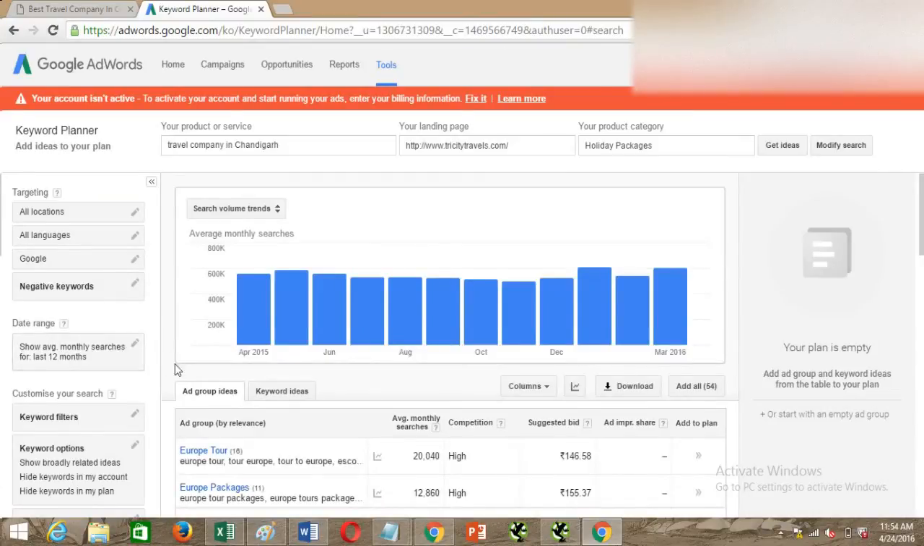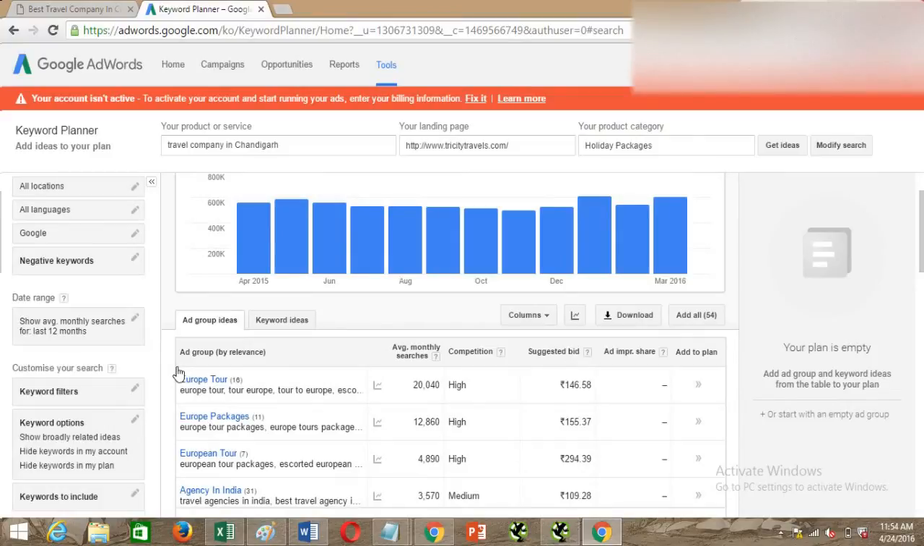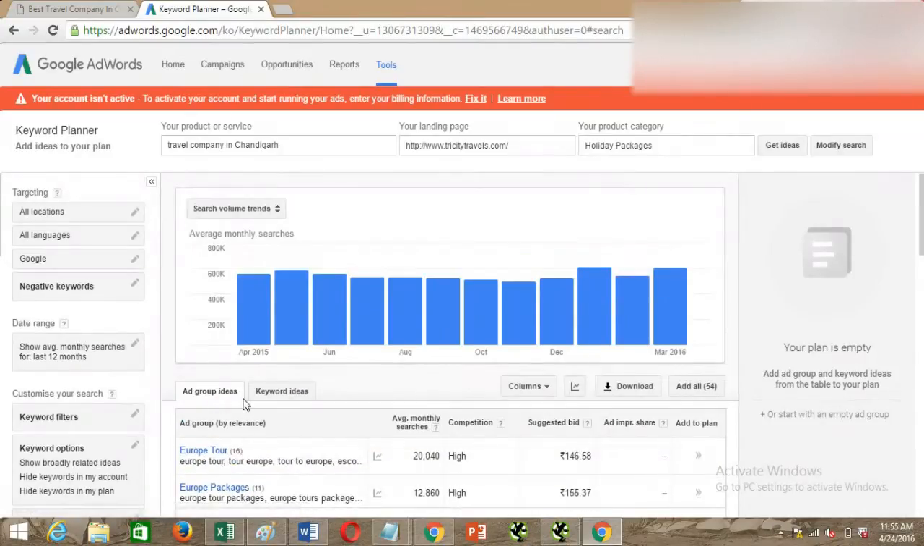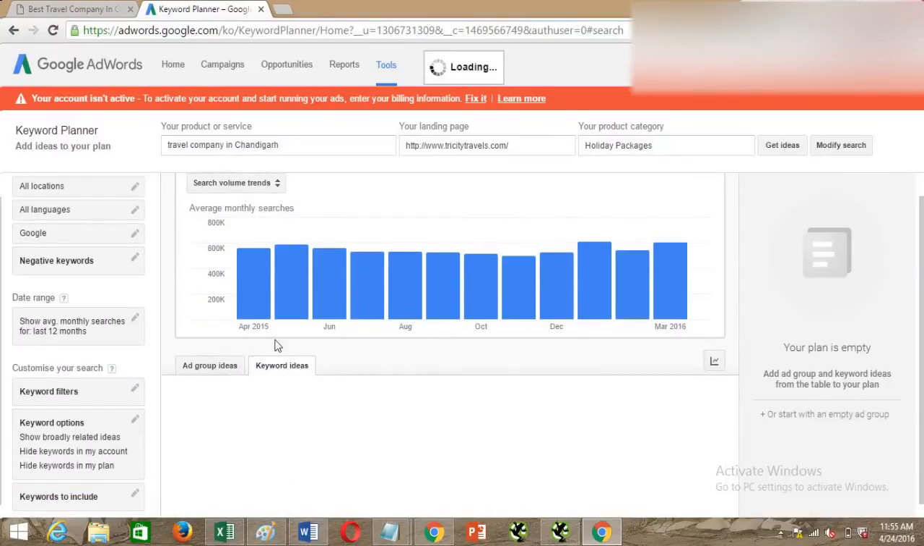As you can see, this Google Keyword Planner works in more of a Google AdWords structure. There are ad group ideas as well. So if you are doing keyword research for your PPC or pay per click campaign, you can get the ideas of your ad groups as well. But if you are doing keyword research just in general for SEO or for PPC, you can click on the keyword ideas here,